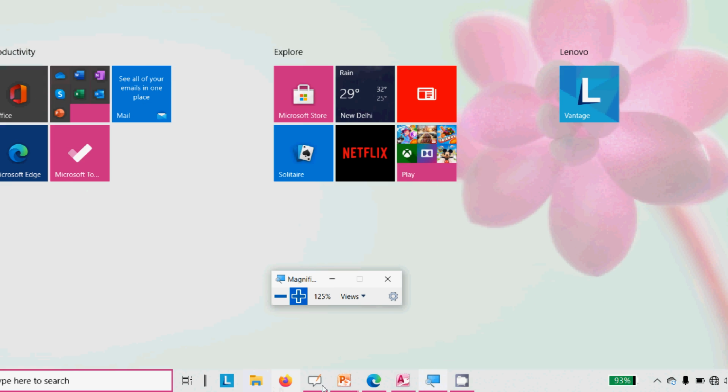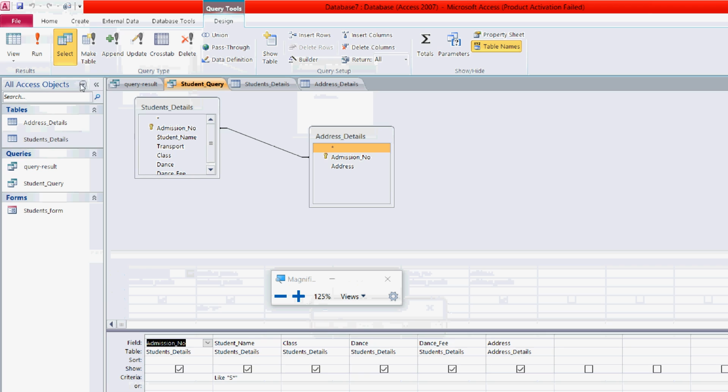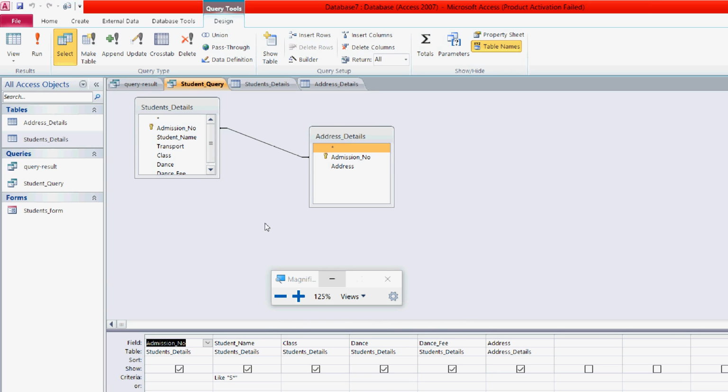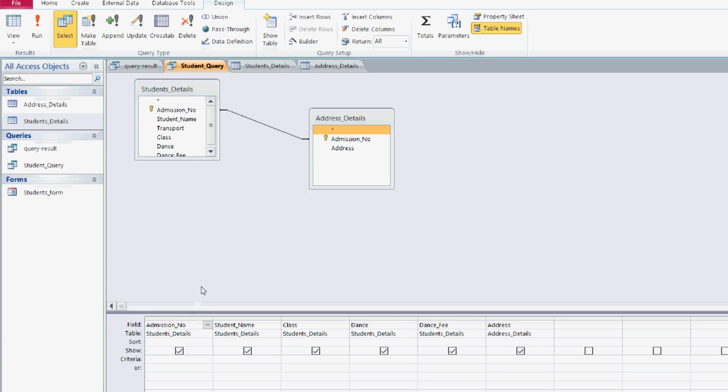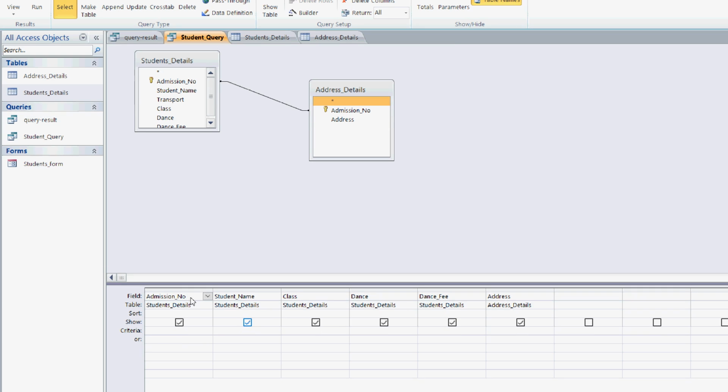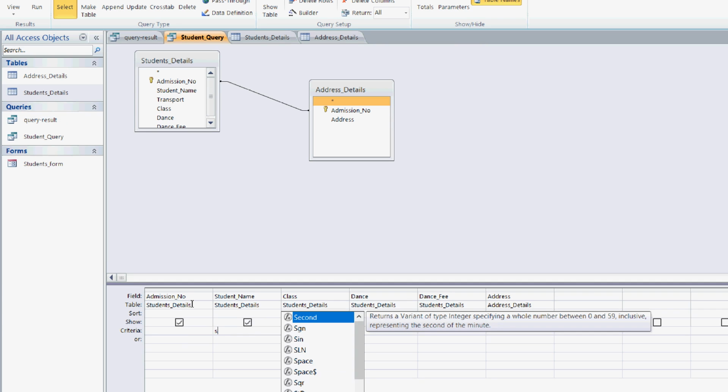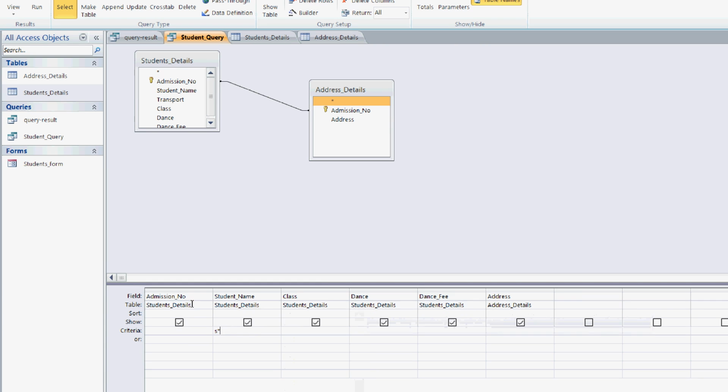Okay, so here if we come to the window again, I hope it is now better visible. Here you can see in the student name in the criteria field, I am going to write, suppose I want all the names which are starting with S. So I have written S and then the asterisk.